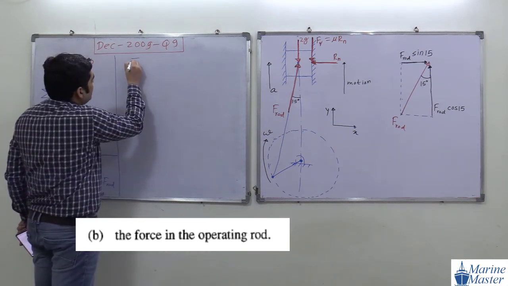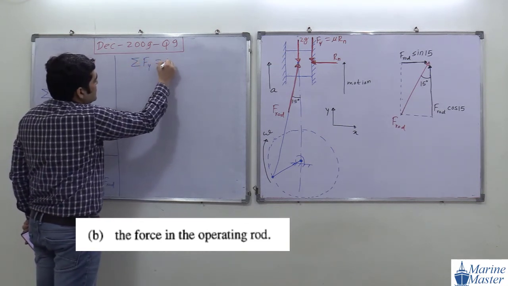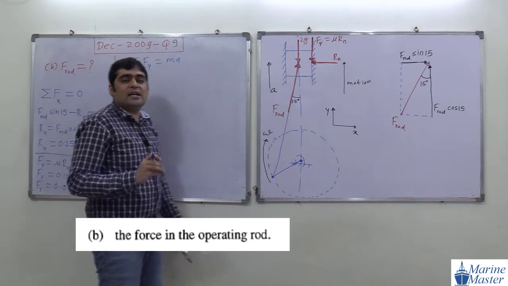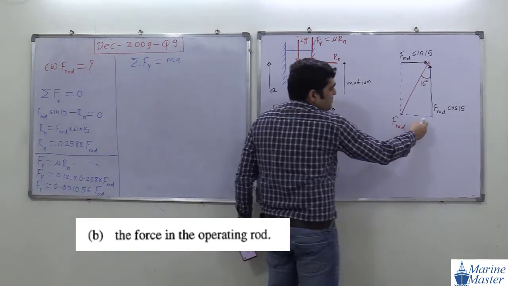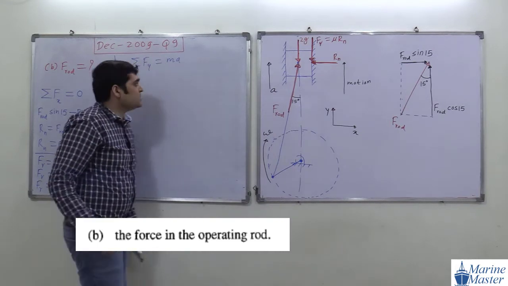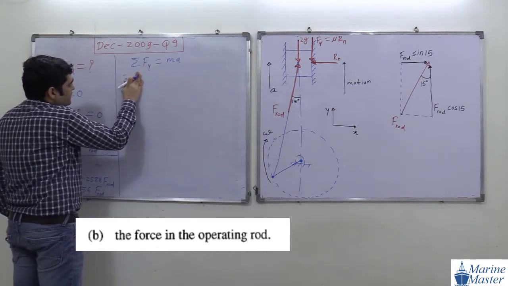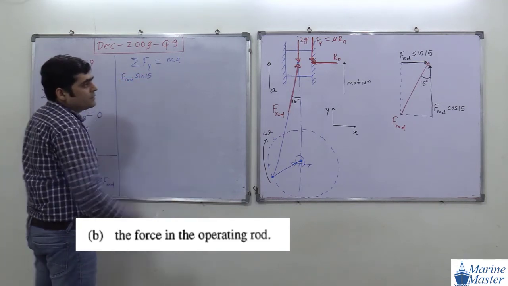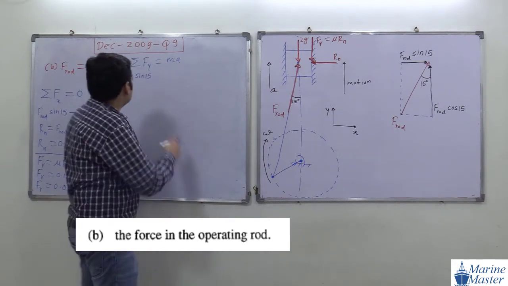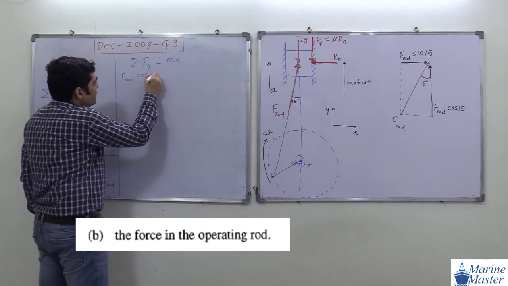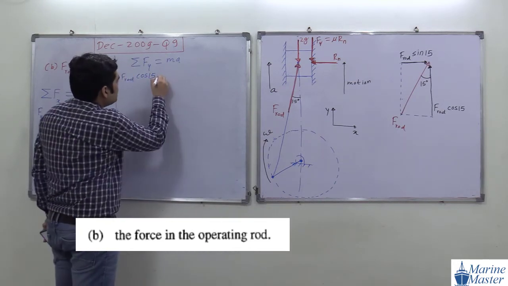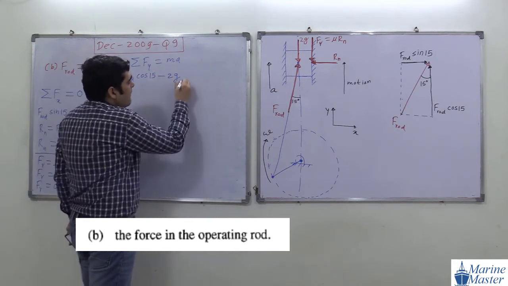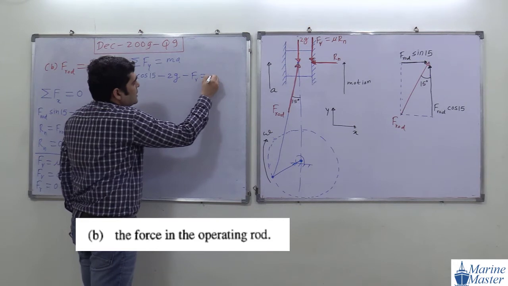Now we are going to take summation of forces in y direction equal to ma, because acceleration is in that direction. Forces in the direction of acceleration we will consider as positive. So this F rod cos 15 is in positive acceleration direction, very simple discussion. F rod, sorry, not sin 15, F rod cos 15. Then the next term, minus 2g, then minus Fr